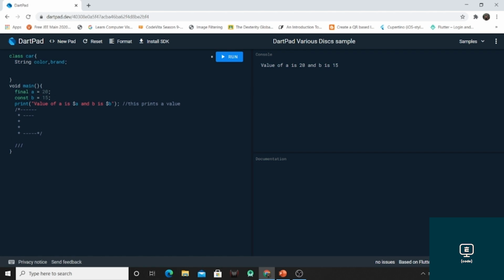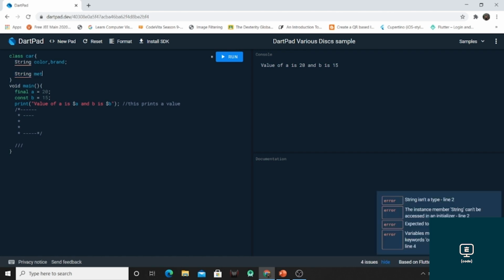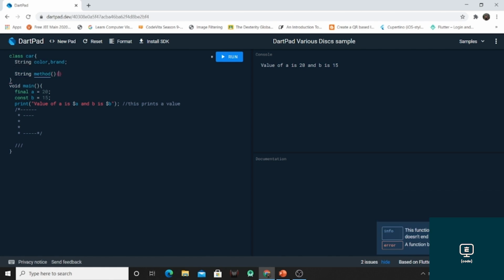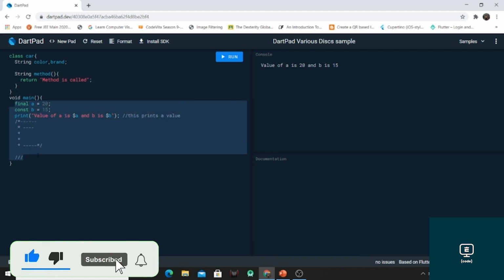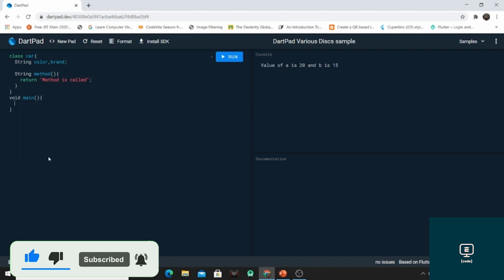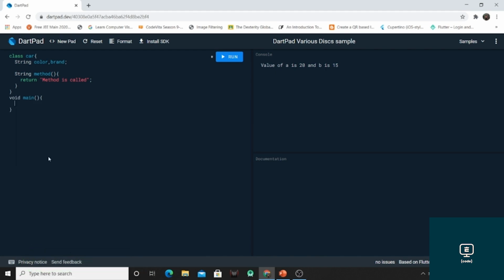Okay, and I'm going to create one method which is returning a text. Now we can create the object of this class and can access the values of variables by using that object.